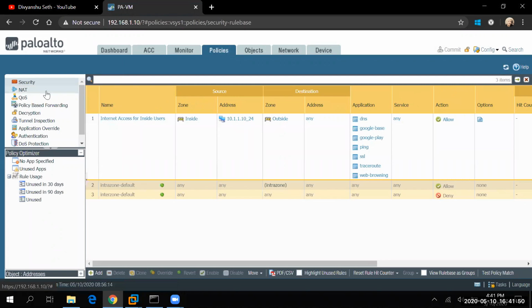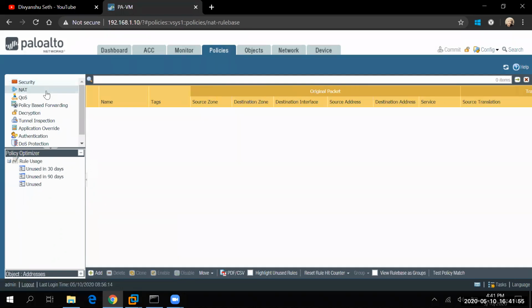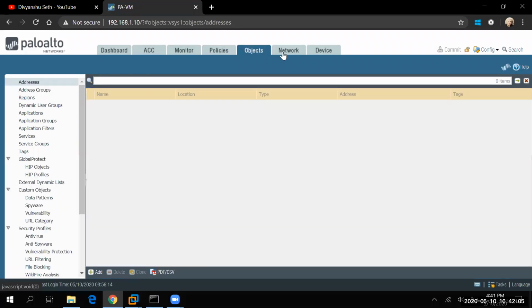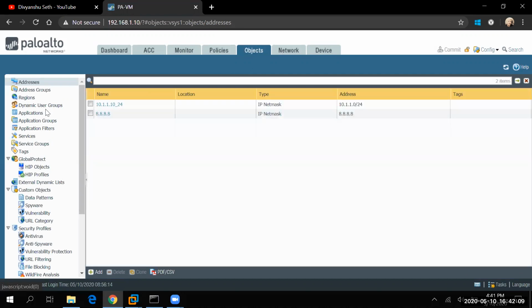Here we can do the configuration related to NAT, whether it's static NAT, dynamic NAT, or PAT, whatever it is, we can do it here. Here we can configure QoS and all those things. Here we can create objects just like we created in Cisco and in other firewalls. We can create objects like addresses, and here we can club those addresses into one group and mention it in address groups.